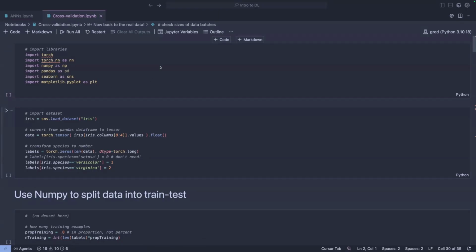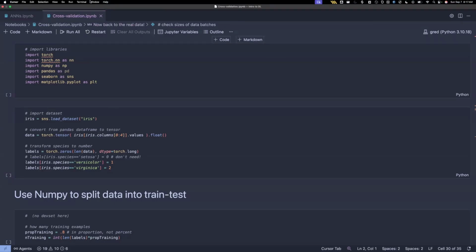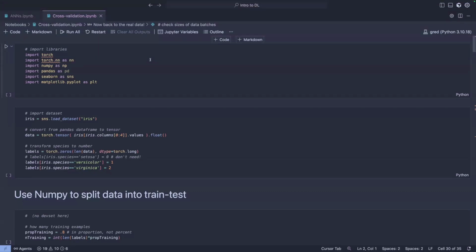So basically, what I'm hoping to do is show you how to perform cross validation. Last time when we ran the model, we didn't really split the data into train or test, we just had a very simple example of regression, and then there was an example that we didn't run on the iris data set, which was a classification, but we're going to use it today. So hopefully you're familiar with it. And then I'm going to show you different ways of how we split the data into train and test.